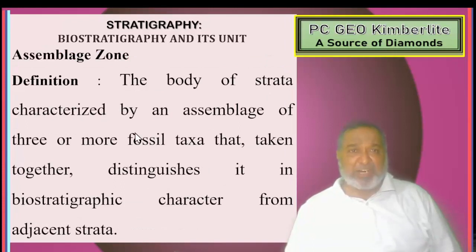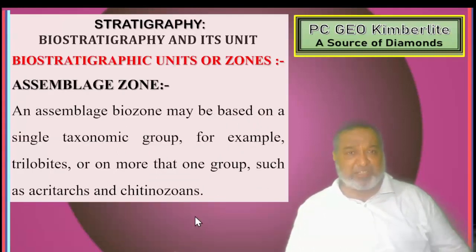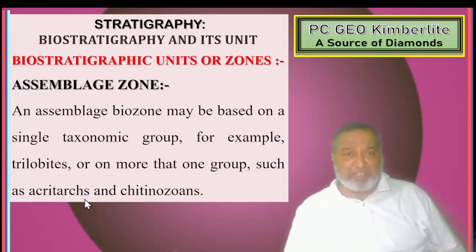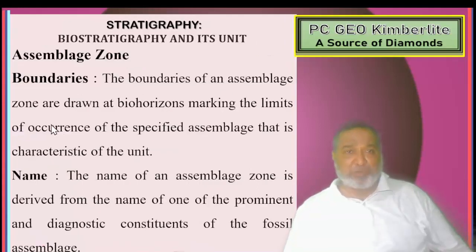The body of the strata characterized by assemblages of three or more taxa that, taken together, are distinguished in biostratigraphic characters from the adjacent strata. An assemblage biozone may be based on a single taxonomic group, for example trilobites, or on one group such as acritarchs or chitinozoans. The boundaries of an assemblage zone are drawn at biohorizons, marking the limits of occurrence of the specified assemblages, that is